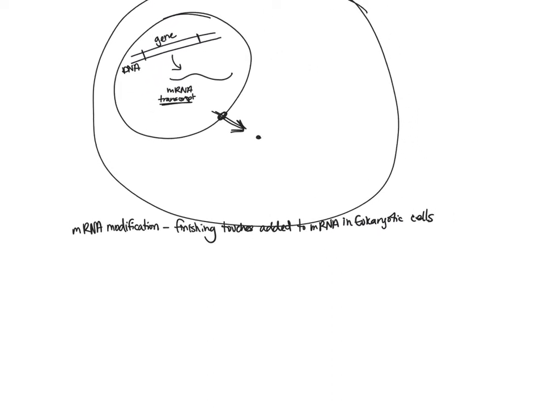So, what are those 3 things? So the first thing that happens is we add a 5' cap, is what it's called. And this 5' cap is basically, if we have our mRNA, it's going to be, just like DNA, 5' to 3'. Remember, the 5' is that number 5 carbon where the phosphate is attached. And then the 3' carbon is the hydroxyl group at the other end of our ribose, or our deoxyribose, depending on whether we're talking about DNA or RNA. In this case, we're talking about RNA, so our ribose. So this is our mRNA transcript. We have the 5' end and the 3' end.